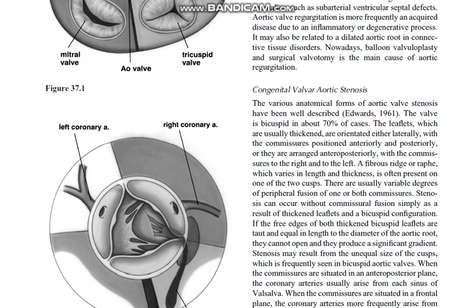Stenosis can occur without commissural fusion simply as a result of thickened leaflets and a bicuspid configuration. If the free edges of both thickened bicuspid leaflets are taut and equal in length to the diameter of the aortic root, they cannot open and they produce a significant gradient. Stenosis may result from the unequal size of the cusps, which is frequently seen in bicuspid aortic valves. When the commissures are situated in an anteroposterior plane, the coronary arteries usually arise from each